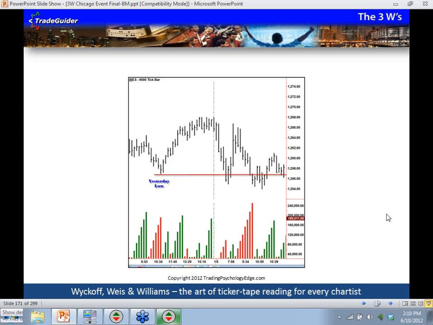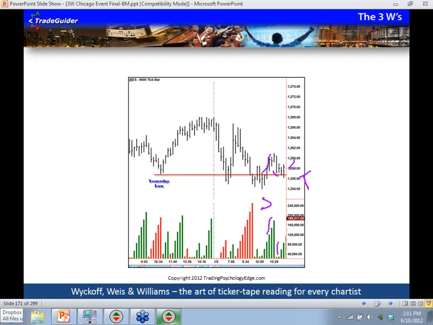Okay. And what does this look like to everybody? What does this look like to everyone? Looks like a spring, right? We've sprung again here, and a test of the spring, right? As we rally up, we get good upside volume coming in. As we come down to test, we get low wave volume here, very low wave volume. And then we're just holding right along yesterday's low, and the very last bar here is a pretty firm bar,